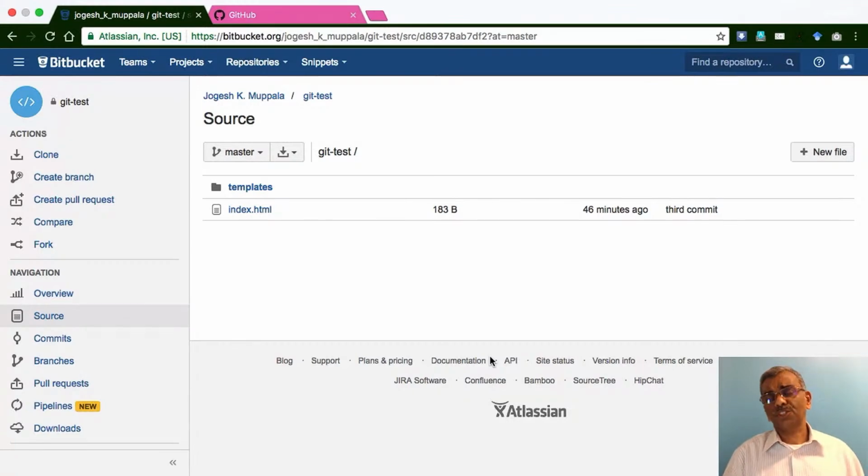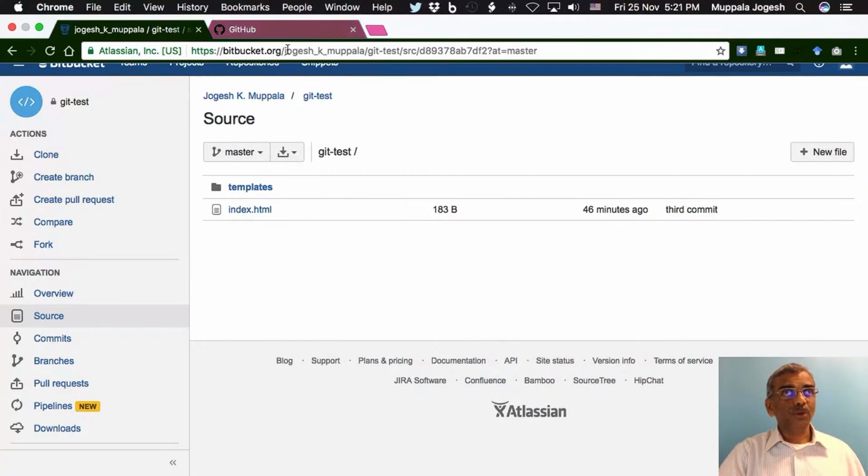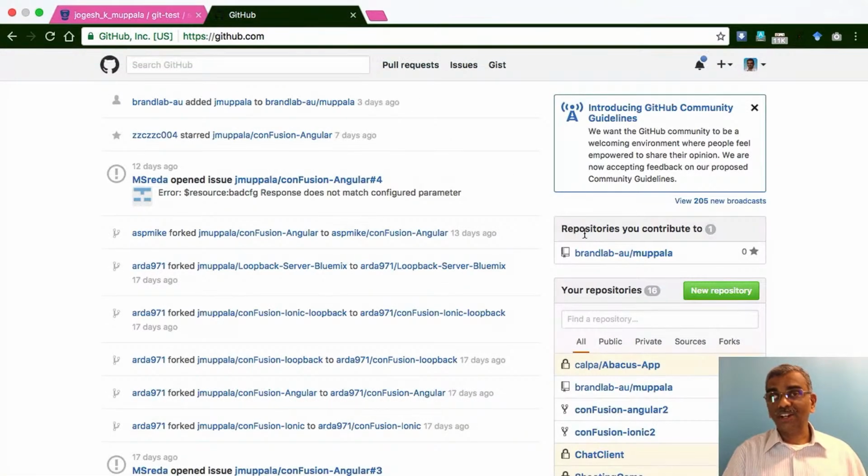The procedure is pretty much similar even on GitHub. So let me set up an online GitHub repository. Now, obviously, you have to remember that your local repository can only be matched to one online Git repository. So I will only go through setting up the repository on GitHub, and you will notice that the same kind of commands will be required if you want to set up your local repository to be mirrored on a repository